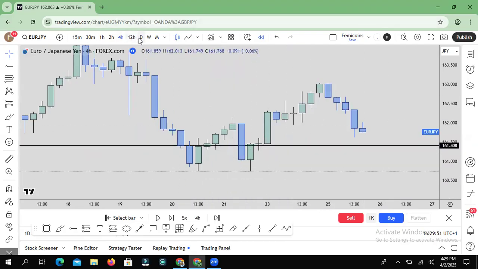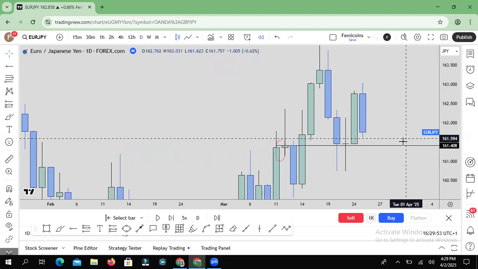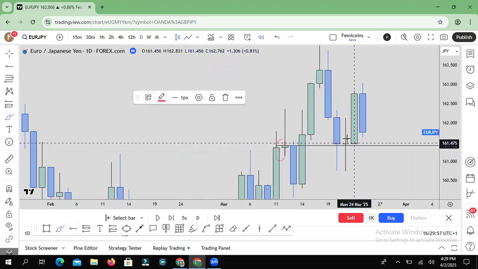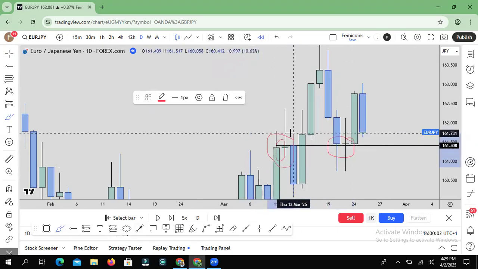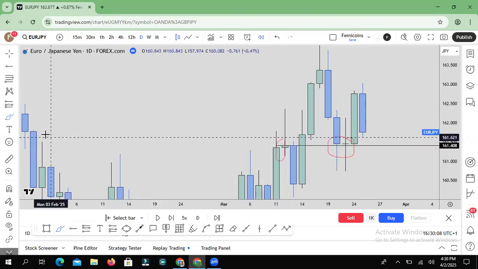What do I want to see? Let's go back to the daily. I like to annotate and mark. This is our candle rejection right here. This is the key level that we used to build our buyers. So that I'm clear, let me delete the one for the key level and leave the rejection.